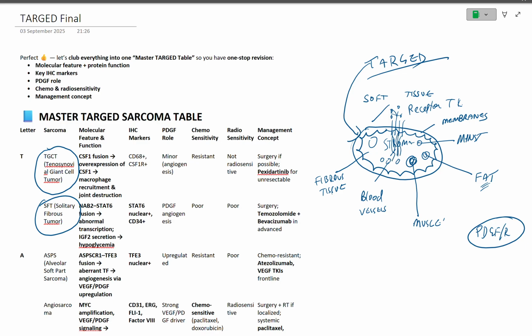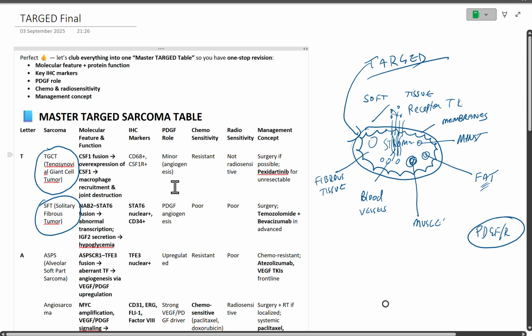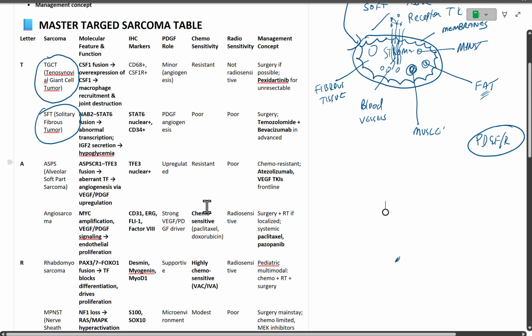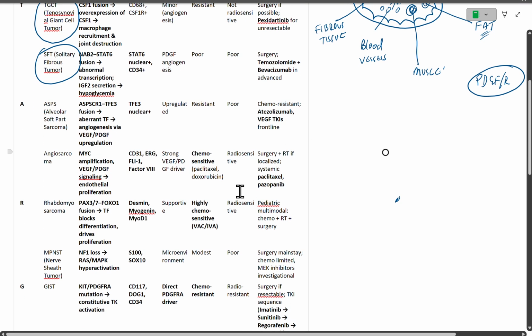So anywhere in this entire cascade, you have to target it. So for targeted therapies, usually it will have a receptor like a tyrosine kinase inhibitor, and then you can also have a VEGF inhibitor like bevacizumab, or you can use immunotherapy, or you can use even chemotherapy, such as